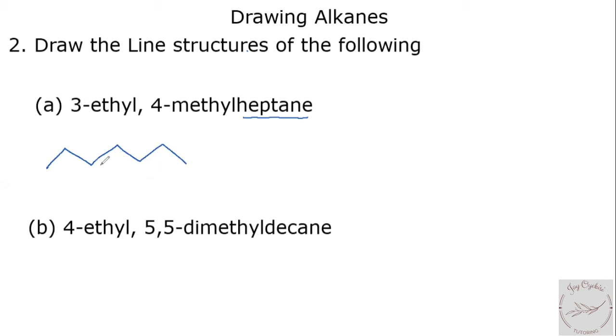Now on the 3rd carbon, there's an ethyl group, and this is 1, 2, 3. So this is your 3rd carbon. So you put your ethyl group. Now note that this is how you represent ethyl in line structure. If you count it, you have 1, 2. Okay, that end is just the bond with the main parent chain. So this is 1, 2. Okay, on the 4th carbon, you have a methyl group. A methyl group is represented by just this. When you count this, you see this is just one.